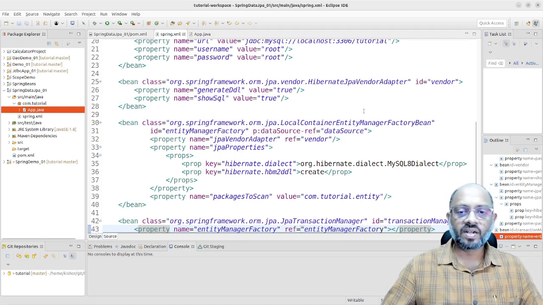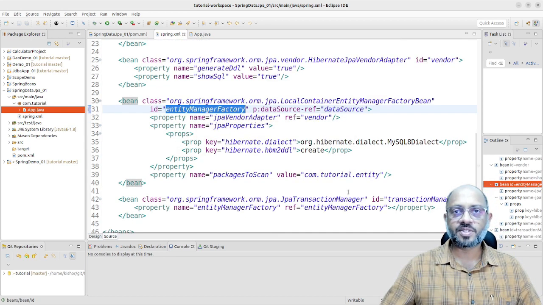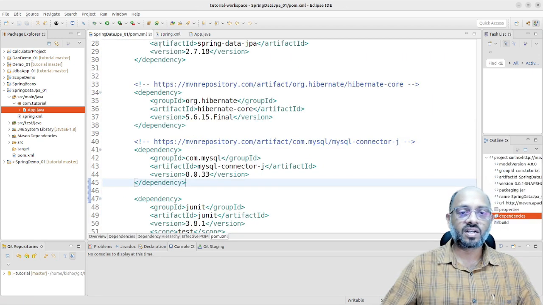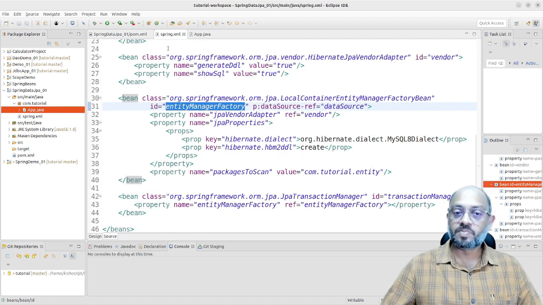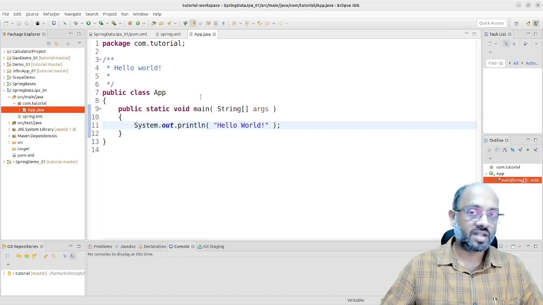Here we defined the entity manager factory. This entity manager factory we are using as a property of the JPA transaction manager. This is all about the configurations. Once these two configurations are done, they are pom.xml and spring.xml, all configurations are finished, and we can go